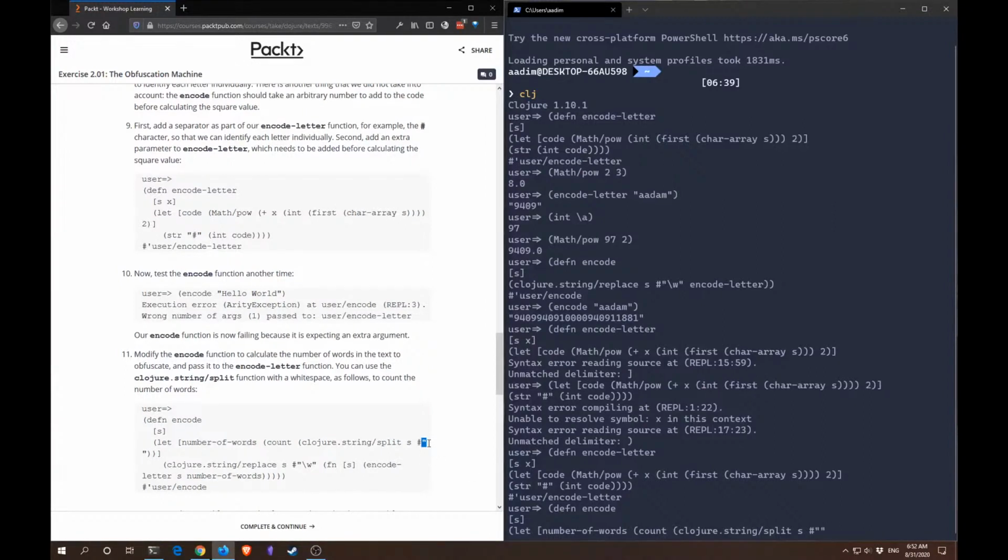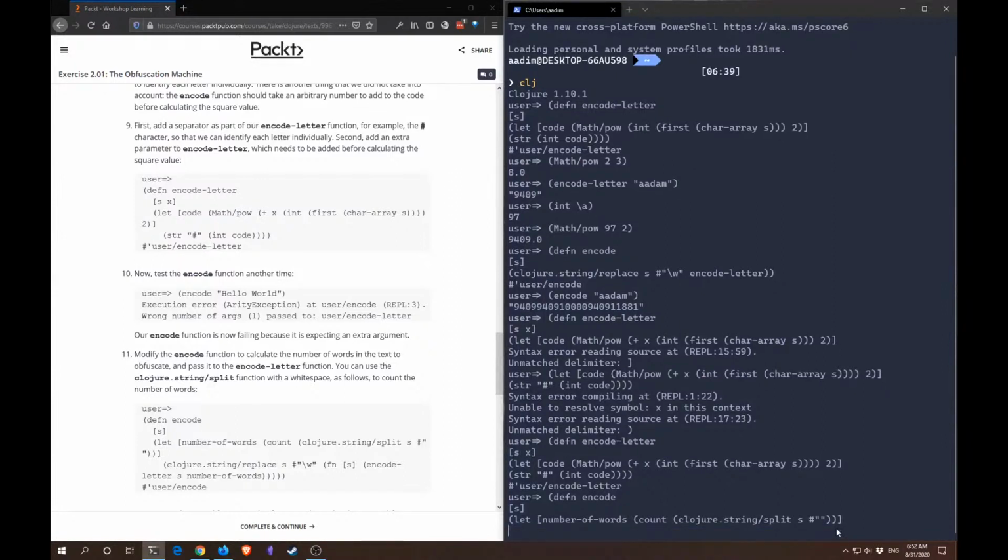Is this supposed to be a space? It doesn't seem like. Okay, and then we can use Clojure dot string slash replace s, count symbol, replace every character or every letter,